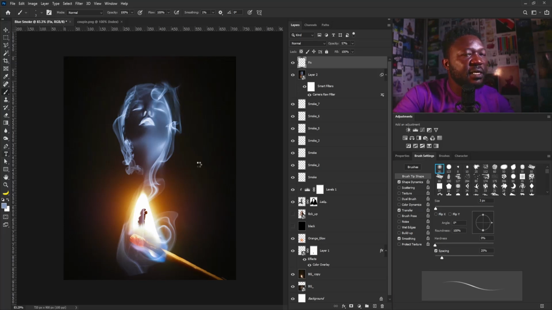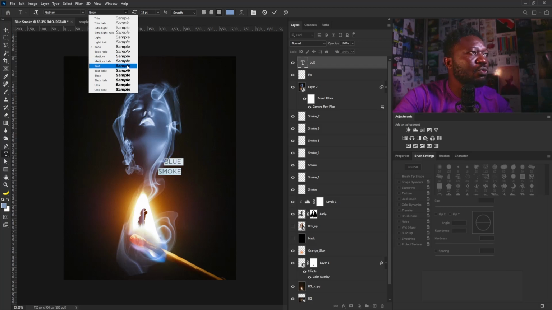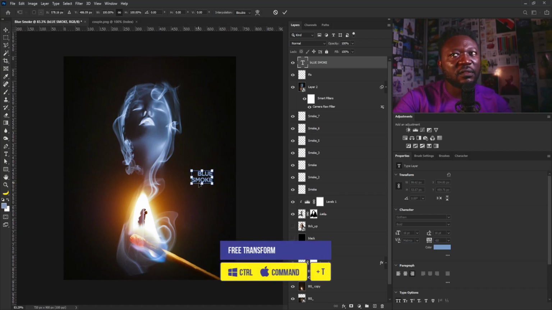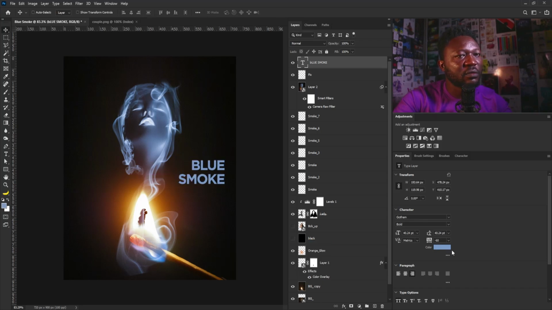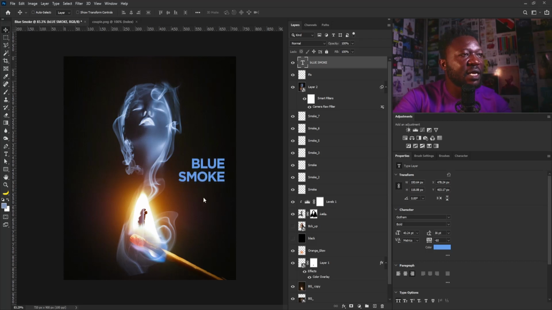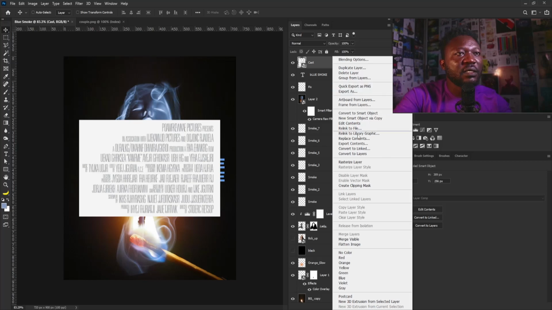So like I said, the title is Blue Smoke, so I'm going to click here. Okay, and so the font I'm using here is Gotham, so I'm going to change this to bold, close to each other like so, and I'm going to move this here, and I'll make this bigger like so, and this should be here. Okay, so then I'm going to just use the shade of blue here and select the OK button. I'm going to drag that and drop here like so, and hit the enter key, right click, and rasterize this,